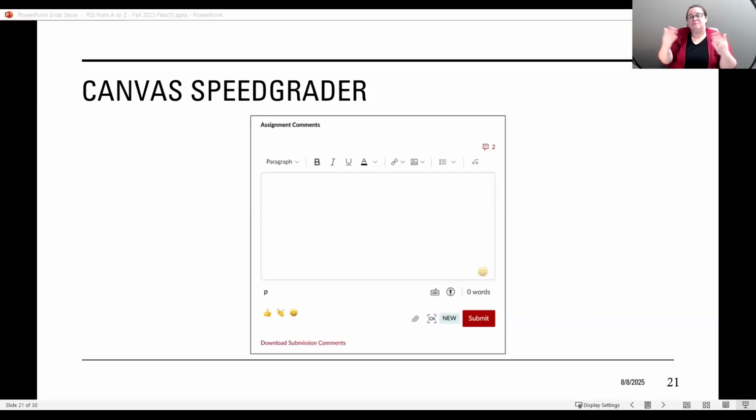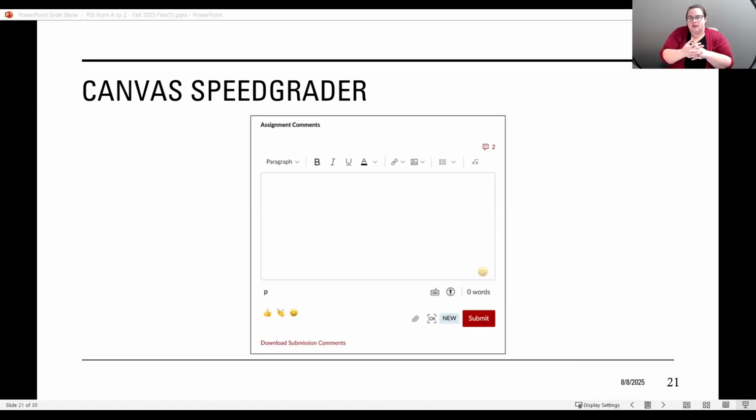We also talk about the Canvas SpeedGrader. Yes, this is again where you can provide that personalized feedback for the students, or additional resources that could help the student. And not only for areas where students are struggling, but it's also good to give positive remarks, like, hey, you did a great job, and really proud of you for keeping up. Positive motivation and comments let the students know that you do notice their progress and their learning, and that you're encouraging them to continue to participate in the class.